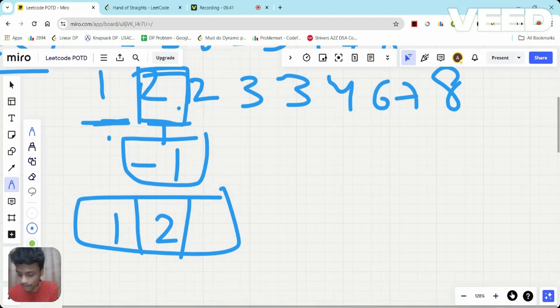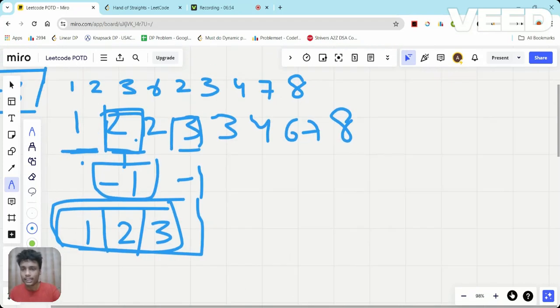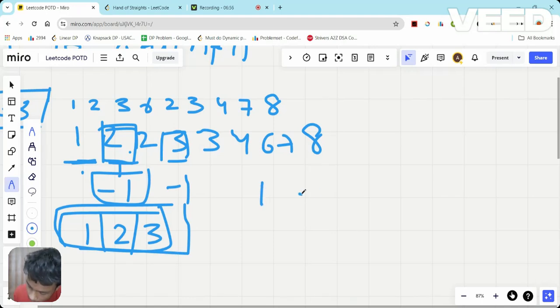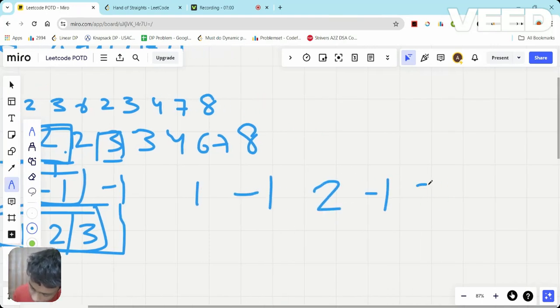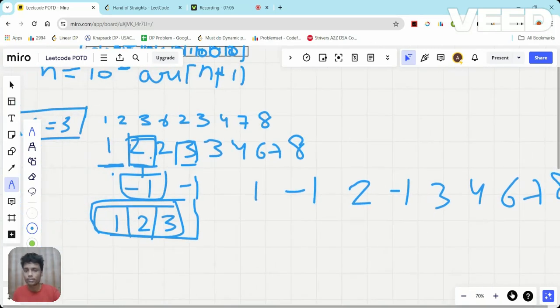Now, just greater than 2, what is 3? So I will change it to -1, and this first group is completed, right? And now my transformed array looks something like -1 -1 2 -1 3 4 6 7 8.